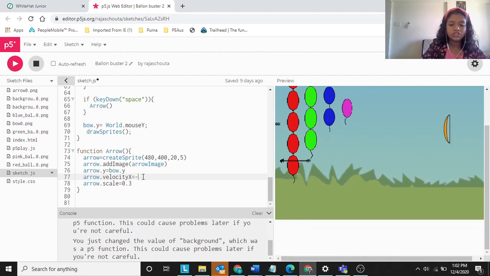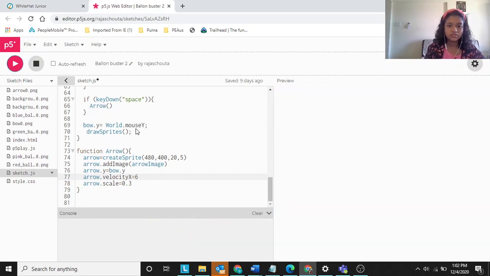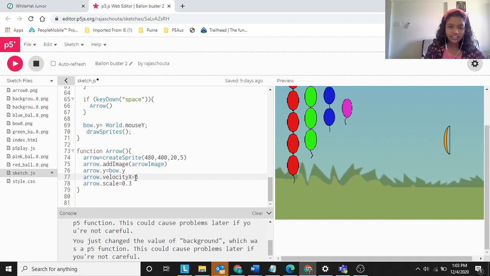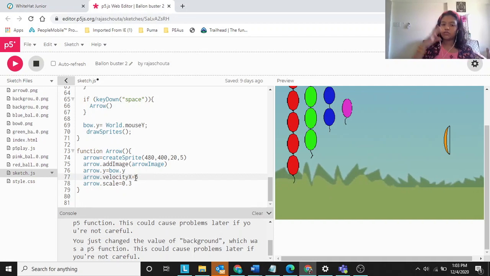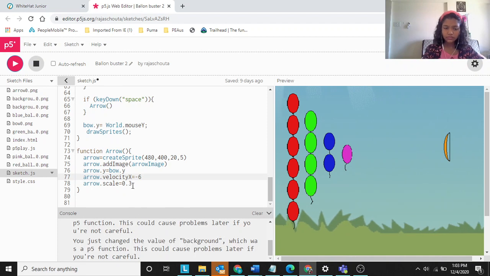And if you keep plus, it will go to the right, which doesn't make any sense, right? If the balloons are right here, what's the use of shooting the arrows to the right? So it is of no use. So we have to have it minus 6.